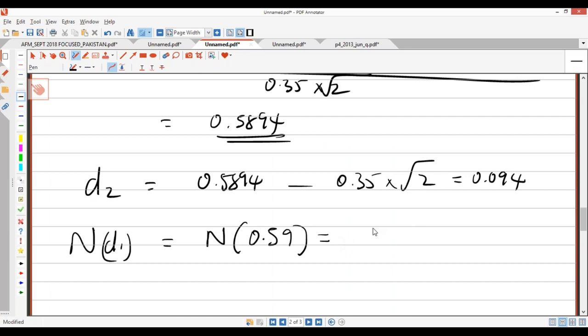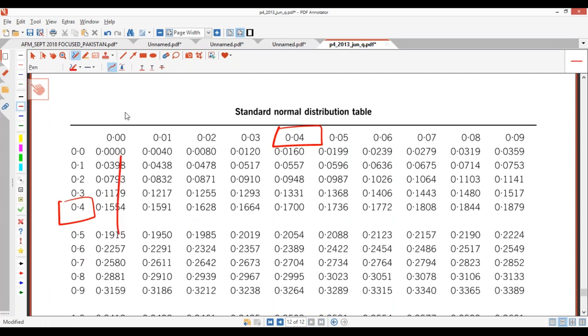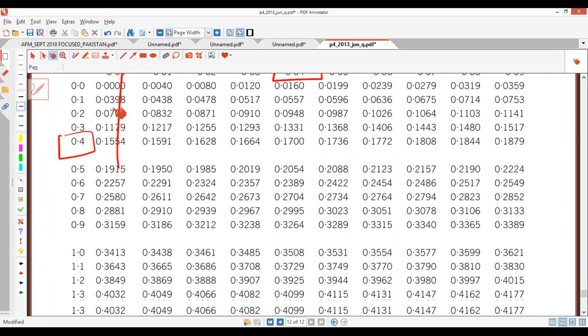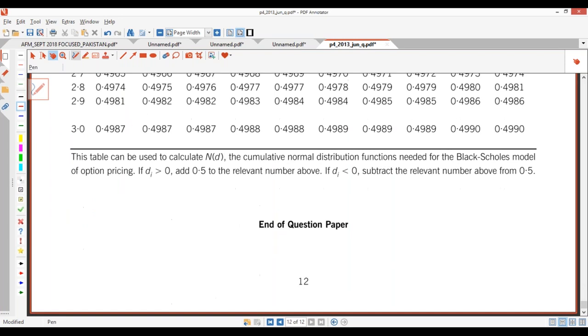You're going to get positive figures. You always take 50%. Yeah, you know all these things. At this level, you should know already. We're not here to teach you how to read the tables. Simple. Plus 0.5 if it's more than 0. If less, subtract from the 0.5, not minus. Take and minus from the 0.5.